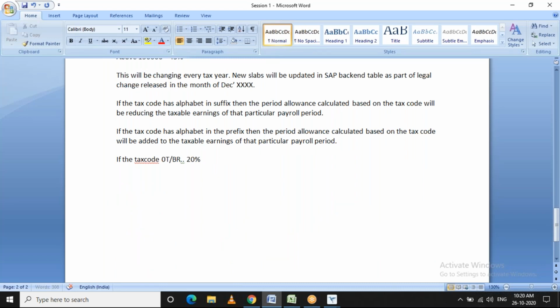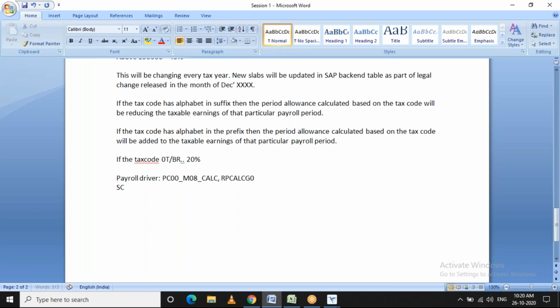Okay. Next, I wanted to tell you that the payroll driver or transaction code for the UK is PC00_M08_CALC, and the program is RPCALCG0. This is the program used for running payroll for the UK.